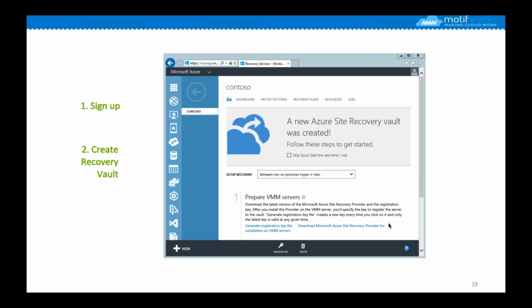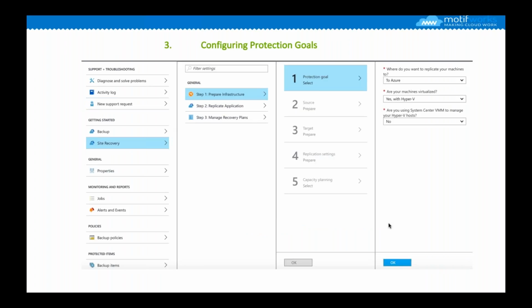So what we have done here is just to give you an idea what it typically entails to set up a scenario for Hyper-V. Let's say you already have Hyper-V installed in your on-premise environment, and you want to replicate that in Azure. So in case of a disaster, you can just fail over to Azure and spin up the environment in there. The first thing you typically do is you need a subscription. You go and sign up with Azure. You need to get the subscription.